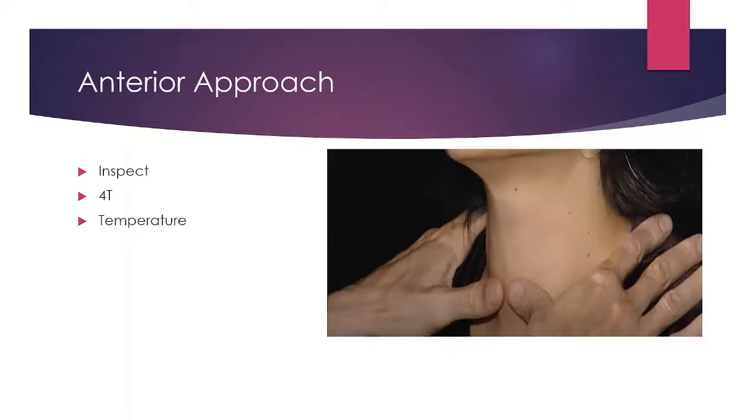And how do we assess the temperature? We assess the temperature with the dorsum of our hand, and we place it on the normal side, then over the swelling, then again on a normal side. In that case, as the forehead is very close to the thyroid, we will place the dorsum of the hand over the forehead, then over the thyroid swelling, then again over the forehead. Clear? Then another T is tenderness, and to assess the tenderness we need to gently press over the thyroid gland,